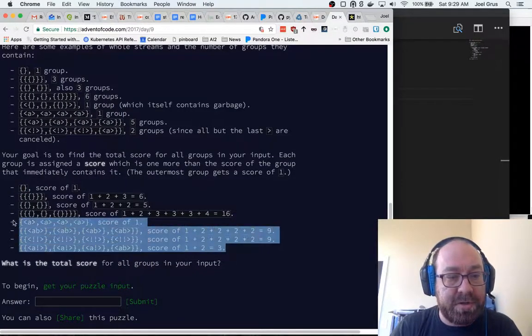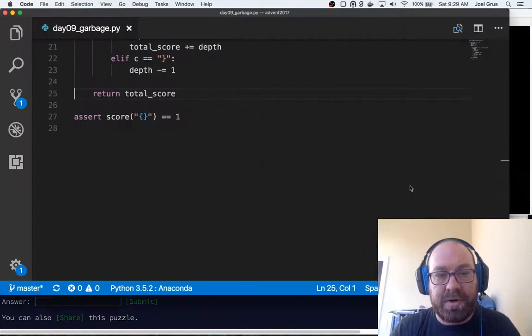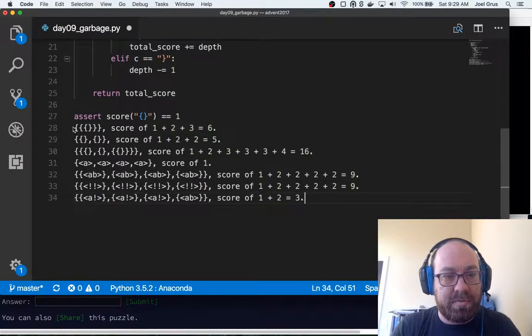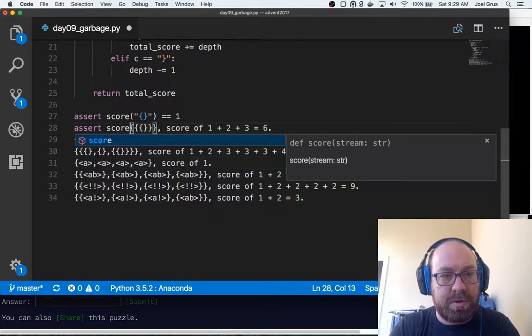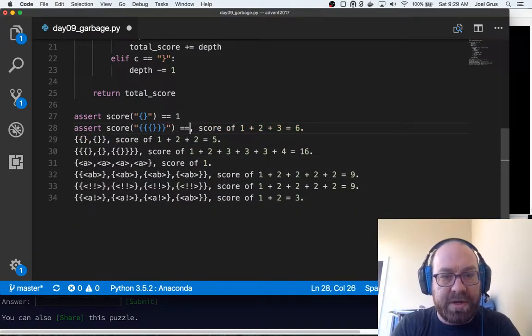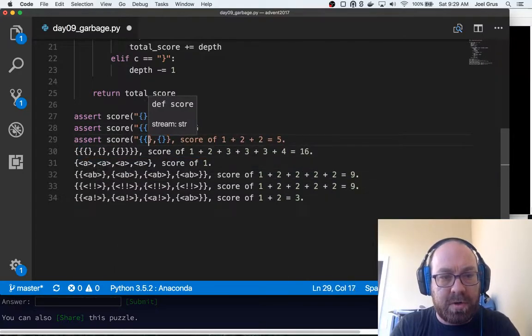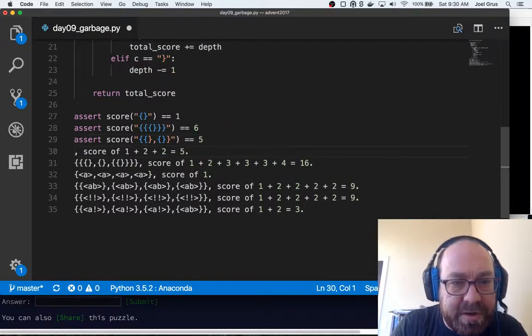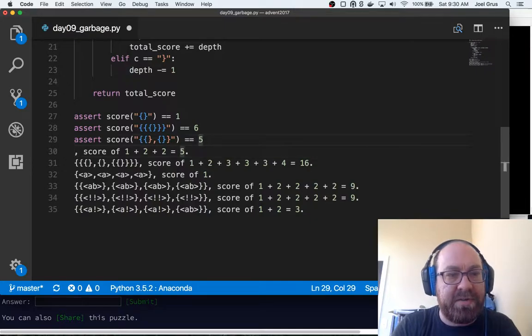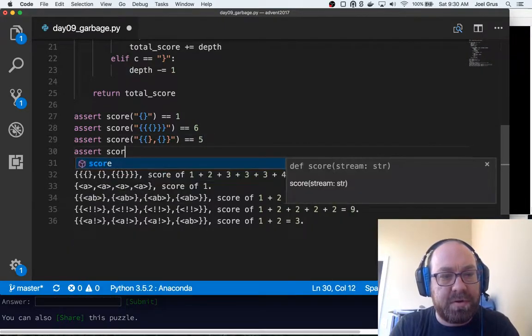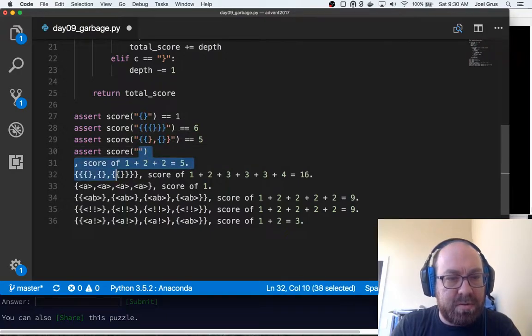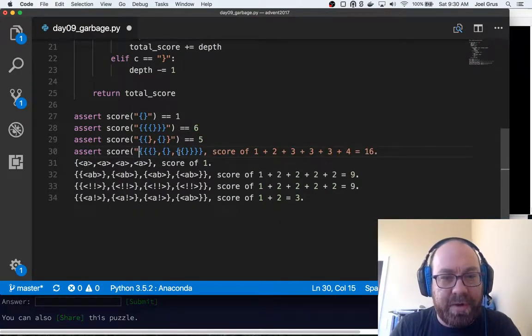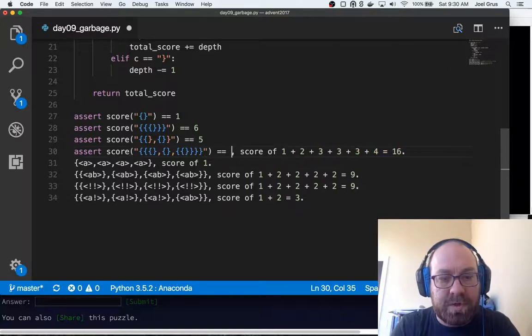So now let's copy all these and write a bunch of asserts. So assert score of this guy is 6. Assert score of this guy equals 5. And what is it doing? It's just some weird highlighting stuff. Sometimes your editor will highlight stuff in a weird way. Equals 16.